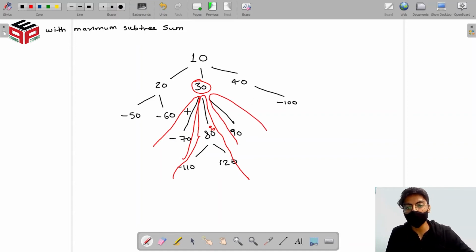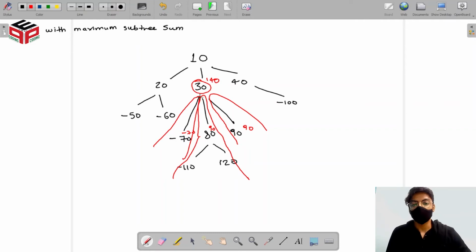So we calculate all the subtree sums. Here we get minus 70, here we get 90, here we get 90 again. So the subtree sum at this particular node would be minus 70 plus 90, which is 20. 20 plus 90 is 110 plus 30, which is 140. This is the subtree sum found at this particular node.